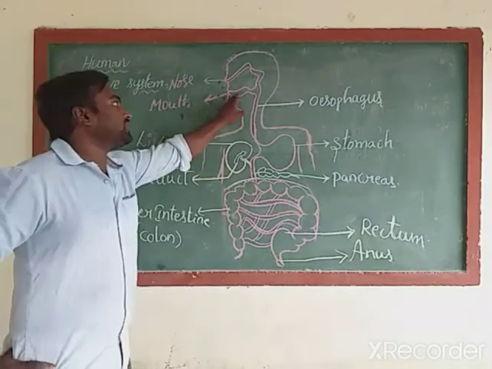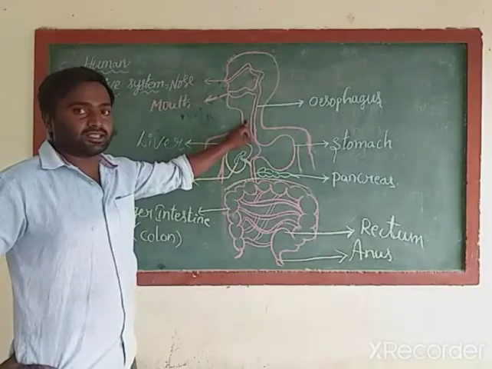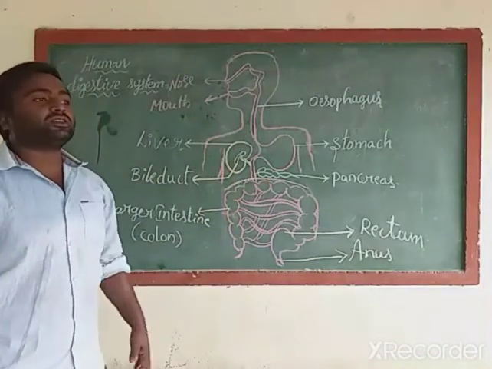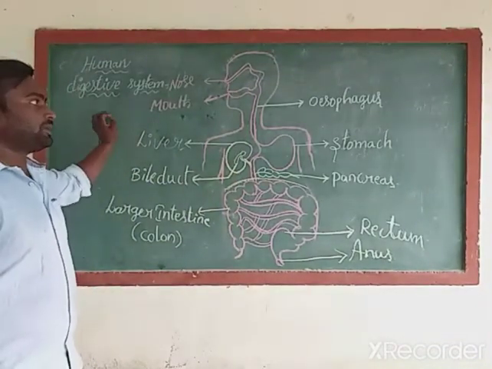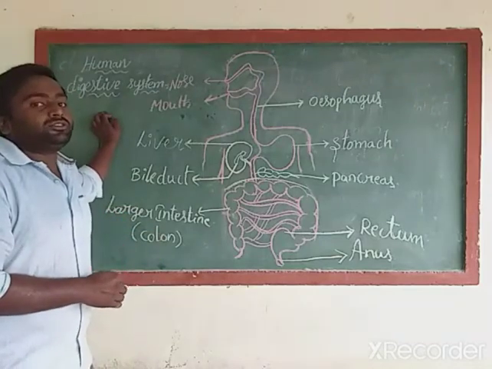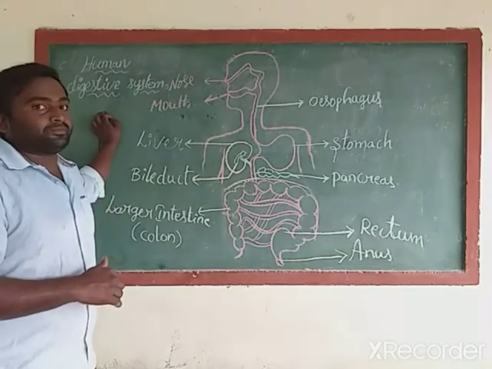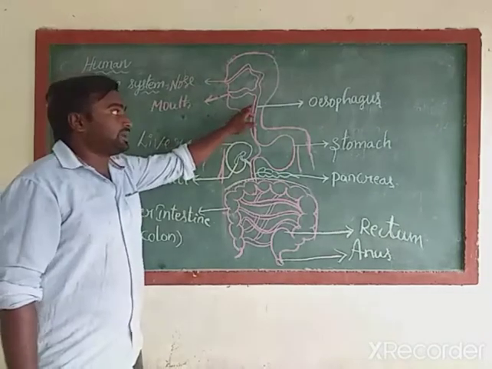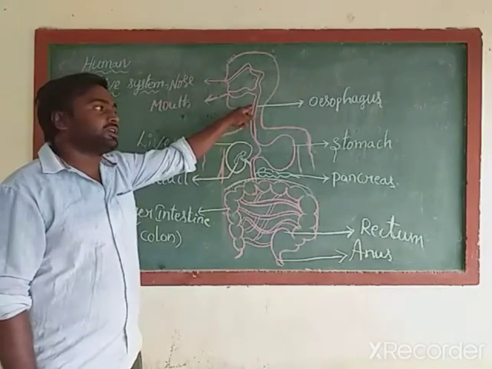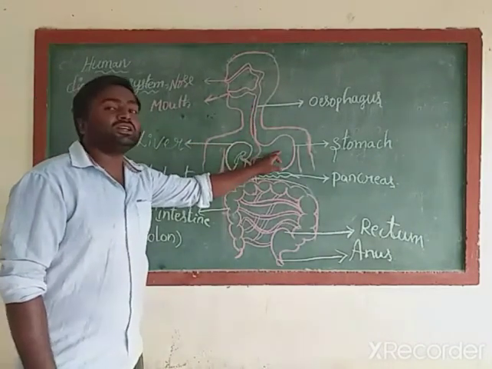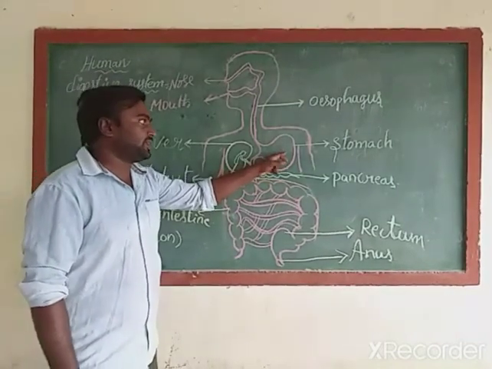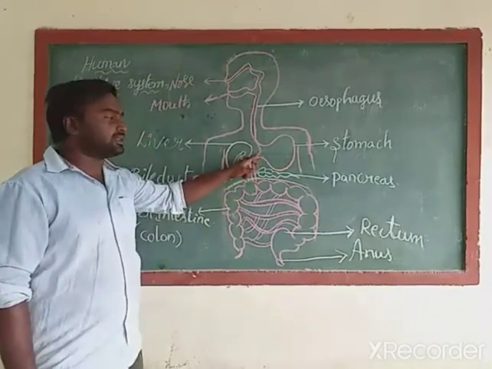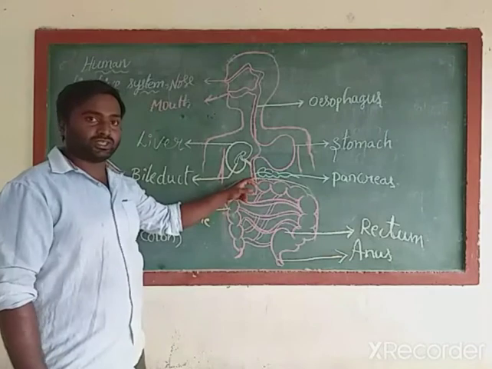This mouth leads to a tube-like structure. This tube-like structure is called esophagus. In our previous classes we discussed the food pipe. What is the use of the food pipe? The food pipe is useful for sending food materials into our internal system. Here we have one pipe-like structure that is called the food pipe. This food pipe is also called esophagus, which carries food materials into the stomach.